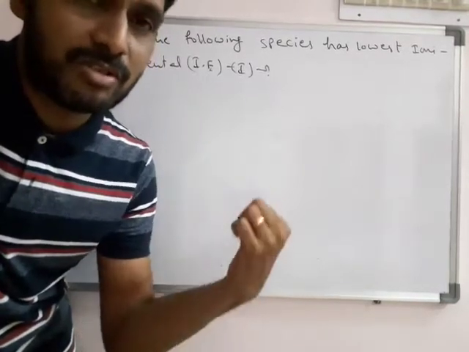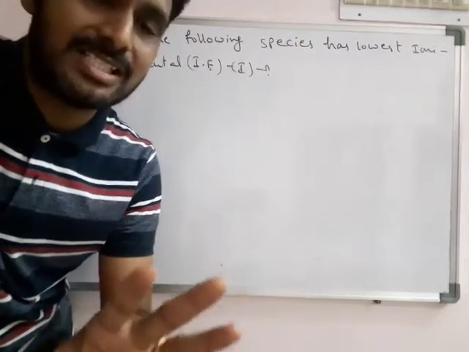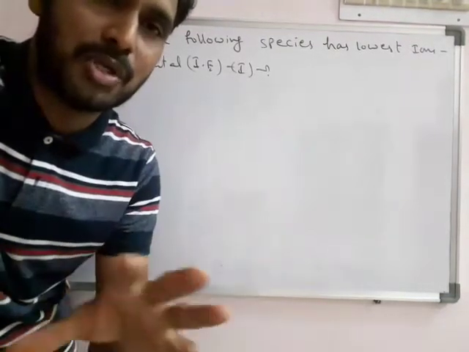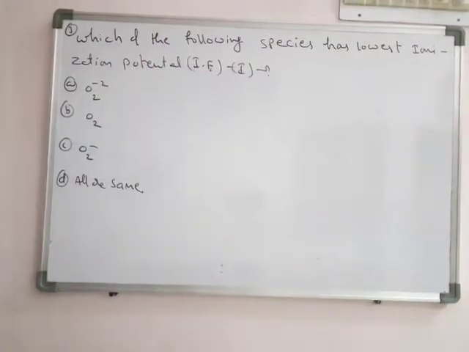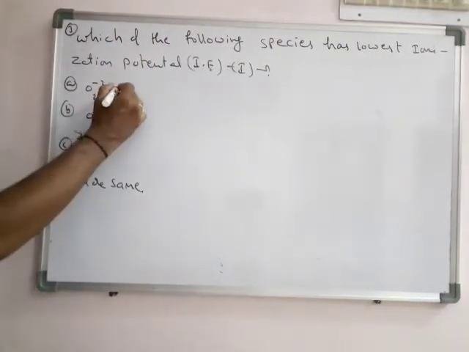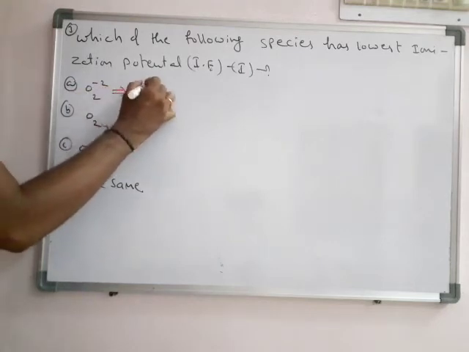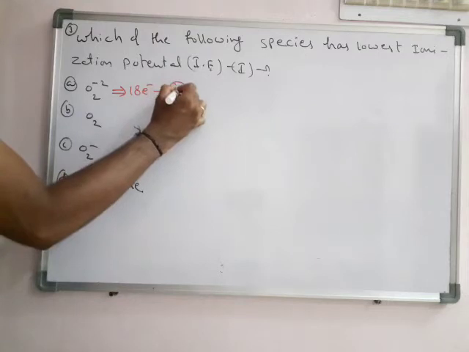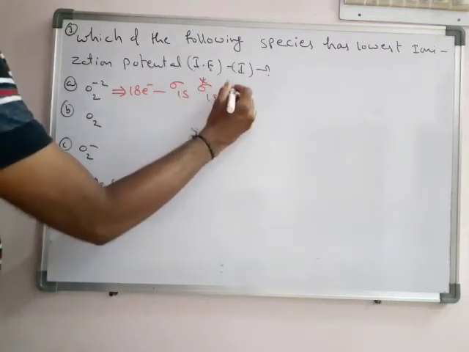Now the question is, which of the following species has the lowest ionization enthalpy? So this is compulsory. By writing the molecular orbital configuration only we can do it. So we write the configuration for O2 minus 2. O2 minus 2 means how many electrons? 16, 17, 18 electrons. So what is the 18 electrons? Sigma 1s, sigma star 1s,